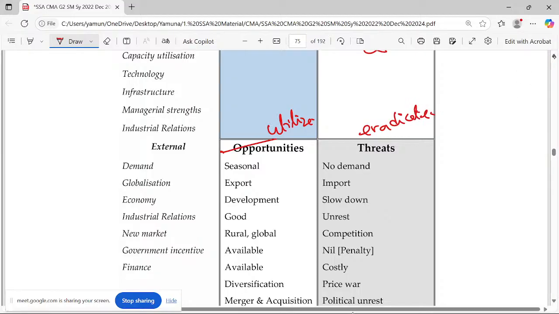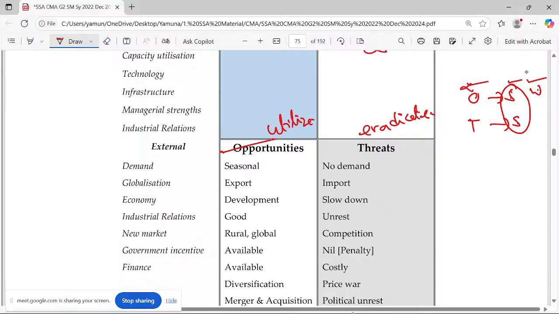Definitely each and every organization will find some threat in the outside environment. You have to understand that and utilize it in a proper way. If that is your weakness, then don't touch the whole thing. If that is going to be a strength in future, please utilize that one. It's not only opportunities being converted to strength. Already you are in a strengthened position. If there is an opportunity, you tap and utilize it. But if there is a threat, with your core strength you eradicate it. If you have a weakness, opportunity is available but you are weak, definitely you may be in a situation where you cannot utilize the opportunity.